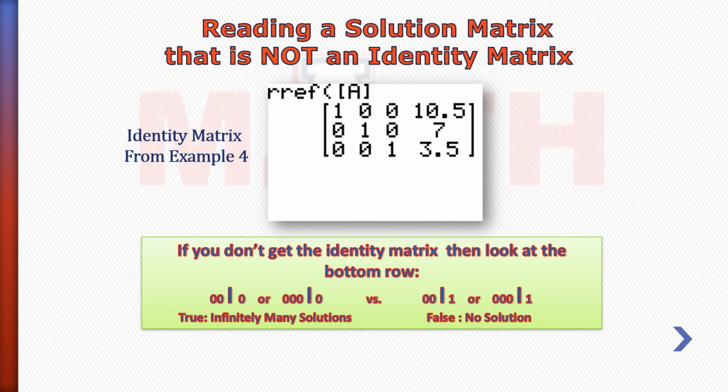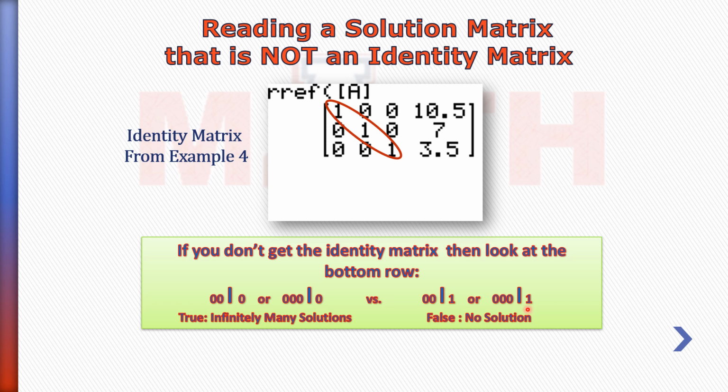All right, one more thing before we go. Reading a solution matrix that is not an identity matrix. So this one right here from our last example is an identity matrix. And I know that because of this diagonal of 1s that we are getting here. Okay, if you do not have the diagonal of ones like this, and let's say here's your 2 variable system of equations, well, here's your 3 variable, okay? If you get something like this on your matrix or something like this, so these are not identity matrices,